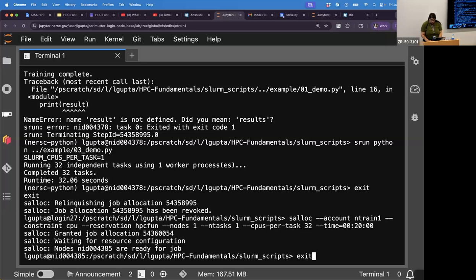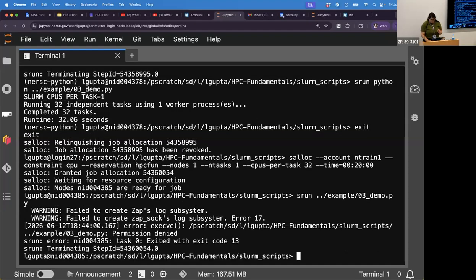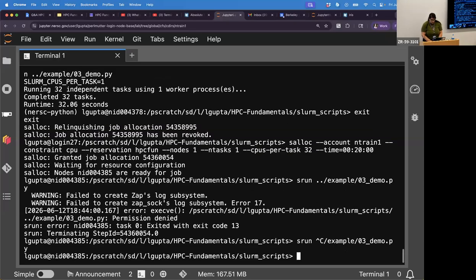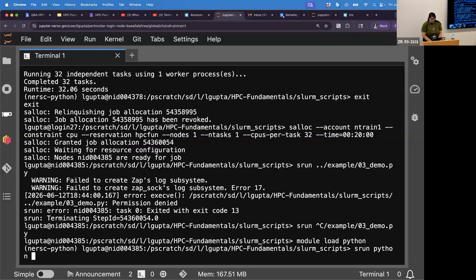Okay, so now let's try the srun example, and we're gonna run number 3. Oh, it didn't like something. I think you forgot Python. Yes, I did forget Python, thank you. I also forgot another thing: because I left my salloc, I have to do the module load again. So if you're using a new salloc, make sure you do your module load Python, then srun Python. And then same thing. Cool. Okay. Yeah, you can also email the